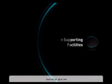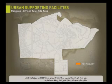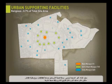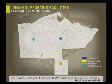Finally, urban supporting facilities. The main mosque, the community's most notable landmark, with a floor area of 8,500 square meters and 50-meter-high minarets, will be placed in the center of Riyadh South. The 10 semi-main mosques will be located inside the ring roads, whereas 40 others are placed outside the ring roads. 1 IT college, 4 kindergartens, 10 primary schools, 4 middle schools, and 4 high schools will be appropriately provided to